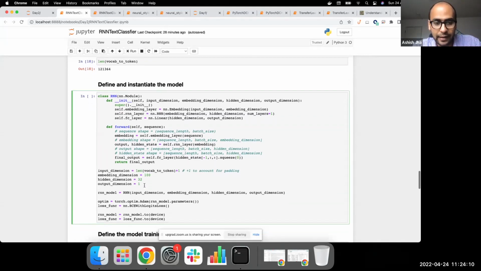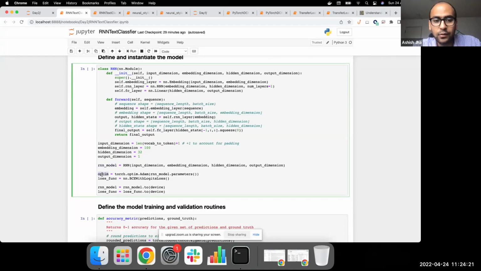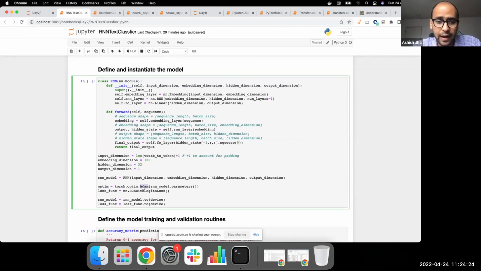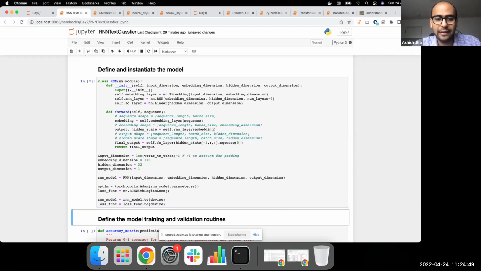Anyways, once we have defined all the hyperparameters, which we did, we can instantiate the model here with RNN model. Now, besides the model itself, we need to choose the optimizer, which I choose as the Adam optimizer with all the RNN model parameters. And then we also need to define a loss function, which in this case, we have a binary classification task, positive or negative reviews. So I choose binary cross entropy as my loss function. And again, if you're using GPU devices, then you need to also place this model and the loss function on your GPU device. In my case, it really does not matter.